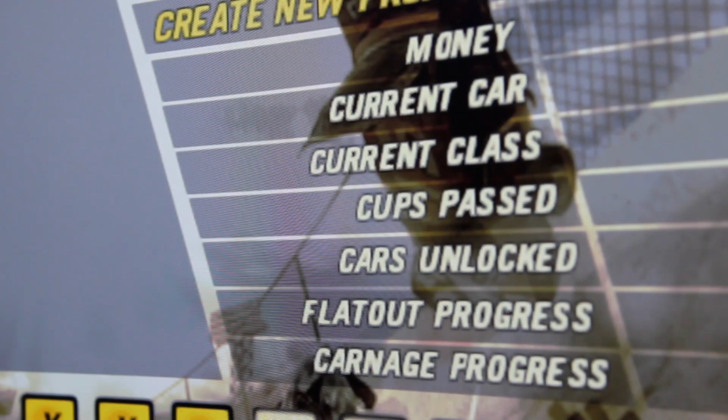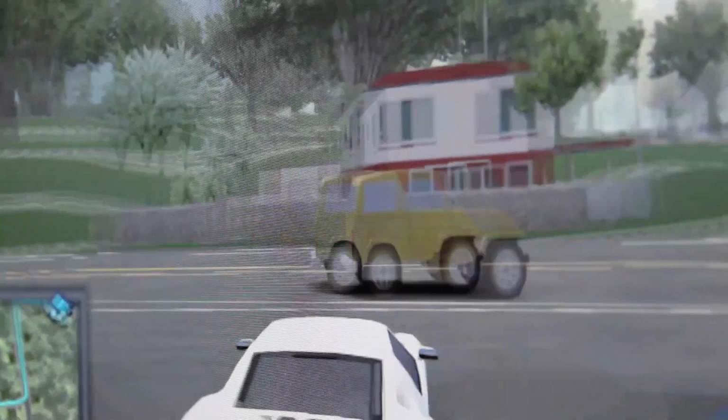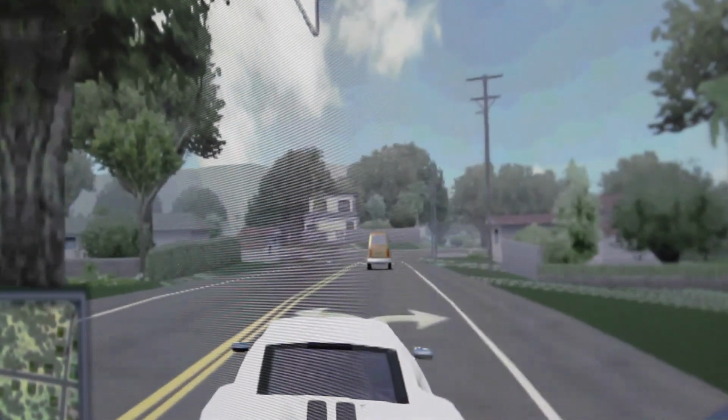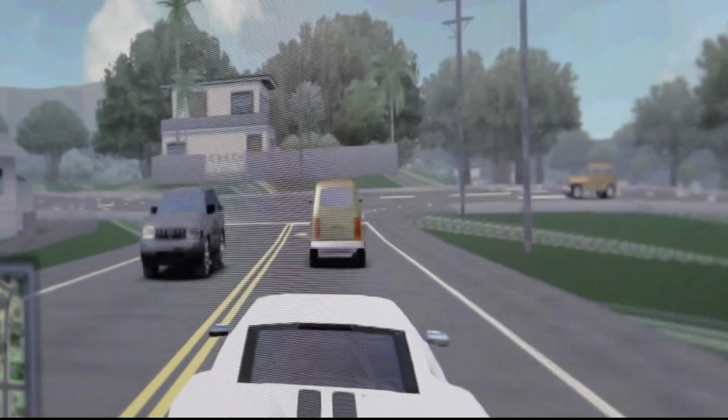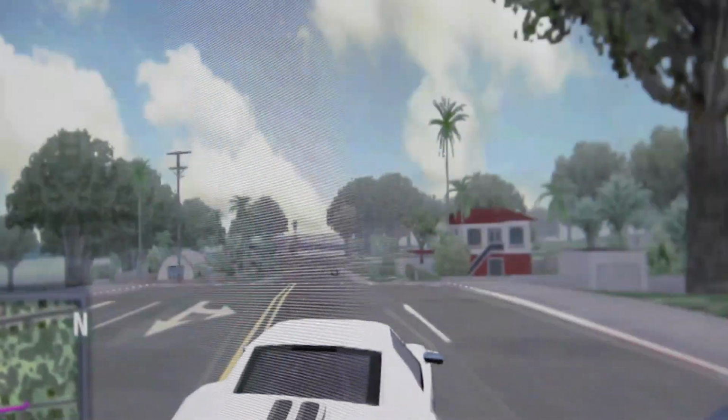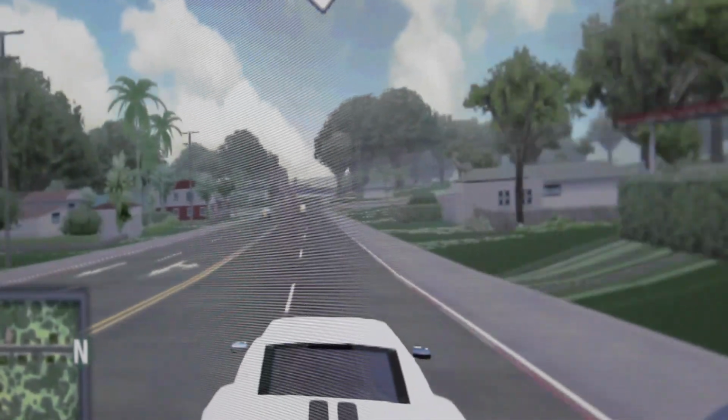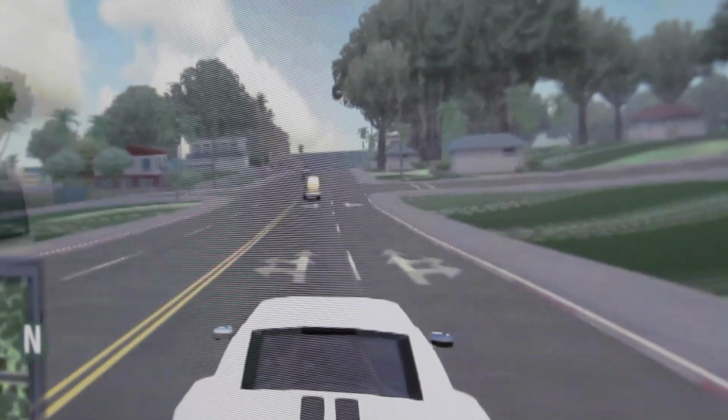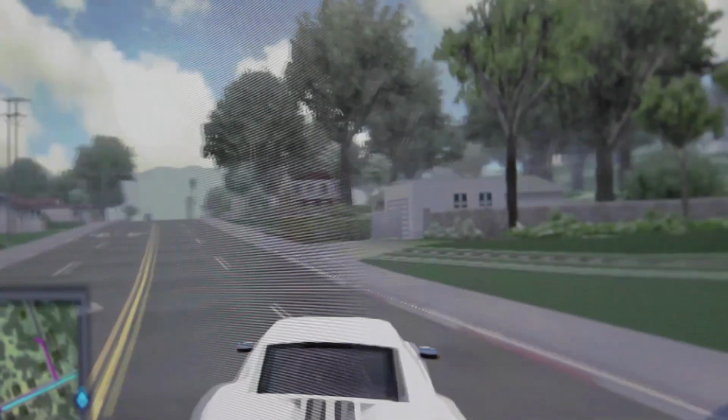Okay, well I can't quit out of this now, so that's great. Moments later. Look at this. I mean, obviously at the time, these games looked amazing, and especially for the PSP, they did a fantastic job with Test Drive, because it's basically just a glorified PS1, so to be able to render an open world racing game like this. But yeah, I've got this on I think like 2 or 3 times upscaling, and it does look